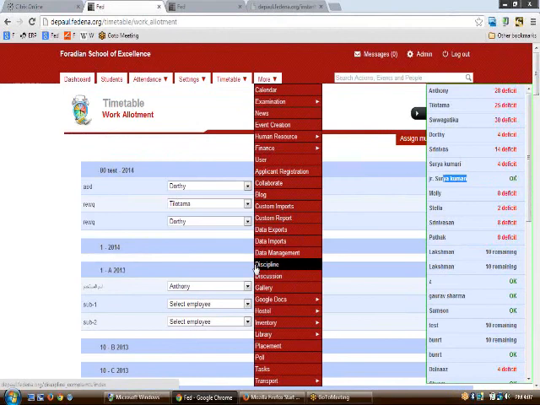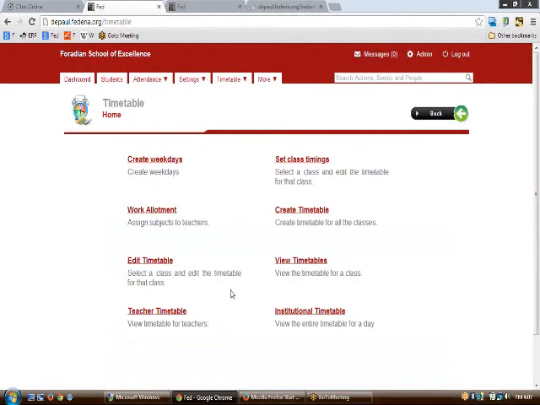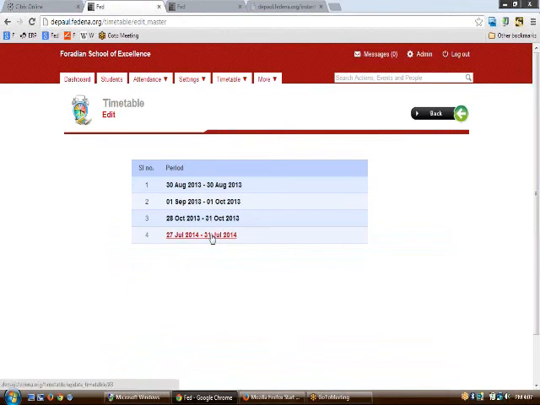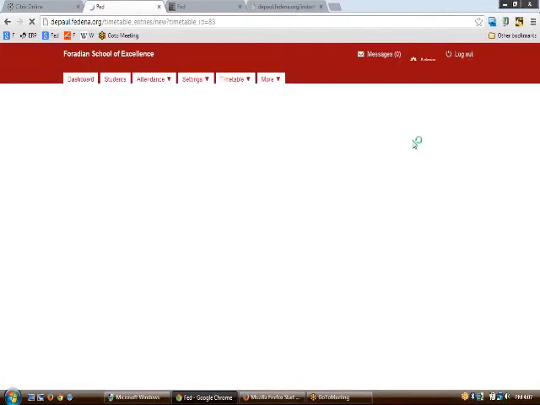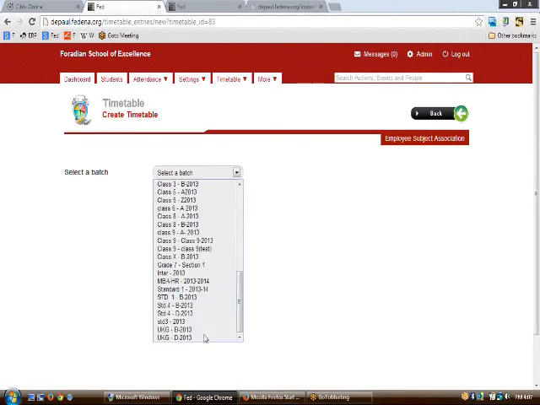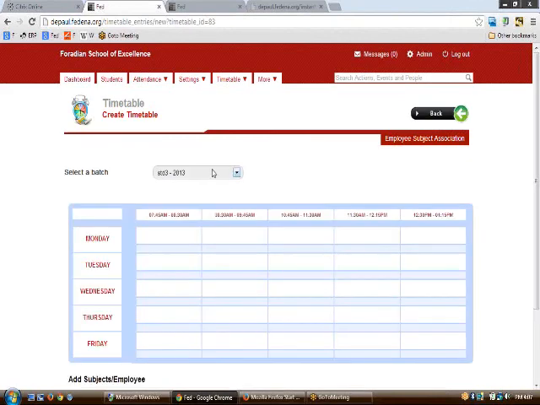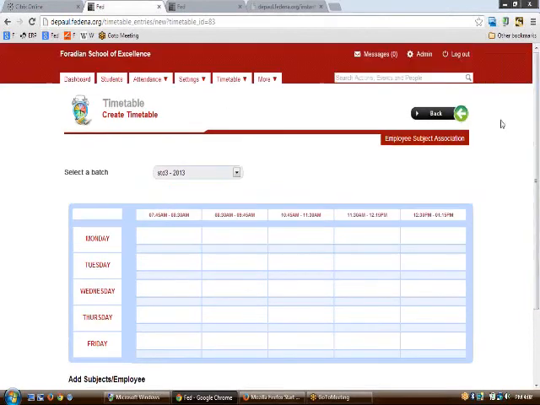Next we're moving on to know more about the rest of the things in timetable, called the edit timetable and the view timetable. Supposing you want to edit a timetable, you can just click on edit timetable, click the timetable that you want to edit, and edit entries. Again, in edit entries we have this batch here, and on clicking this batch you get the user structure that is preferred for this particular batch, and you can edit the entries for the same.